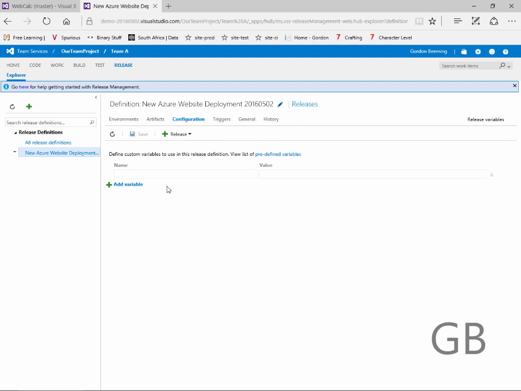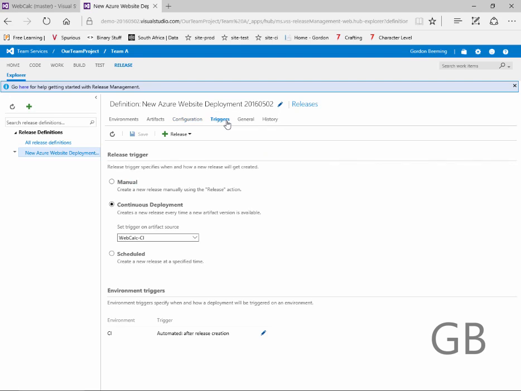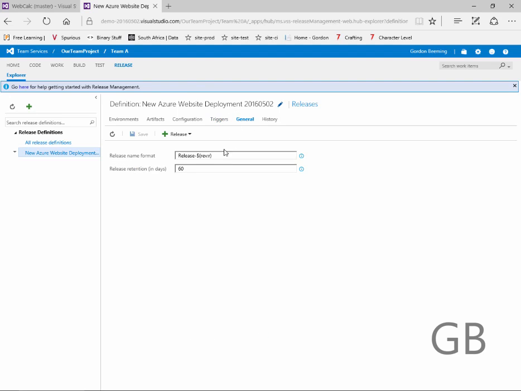The configuration, here's where you can specify specific variables for your release, and then as mentioned, you can configure that on your environments tab. And the triggers, we did mention that this needs to be, can be CD and off our CR build. You see the trigger is set to be after the release's creation or created. Heading over to the general tab, you can see basically just the format of what our release should look like. And then again we have history, the same as